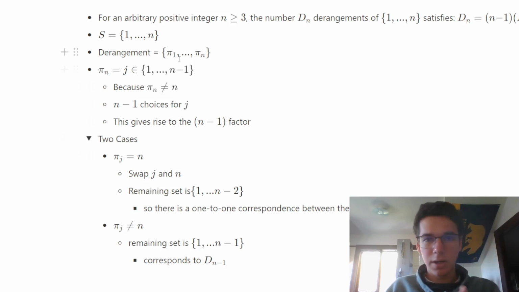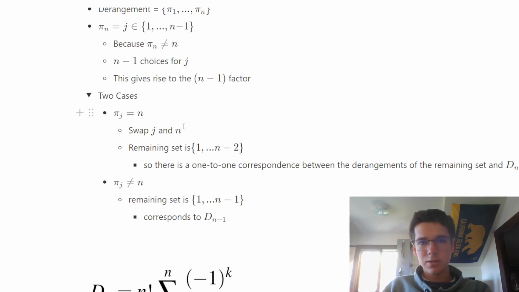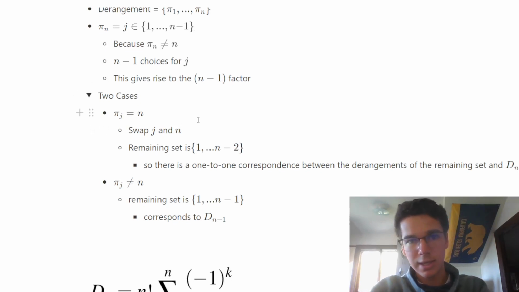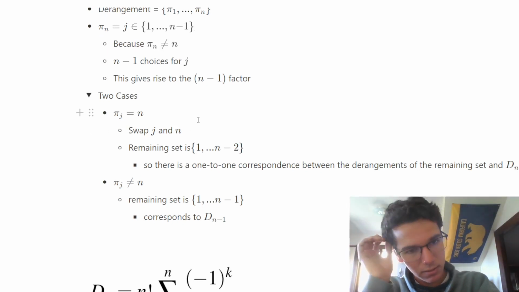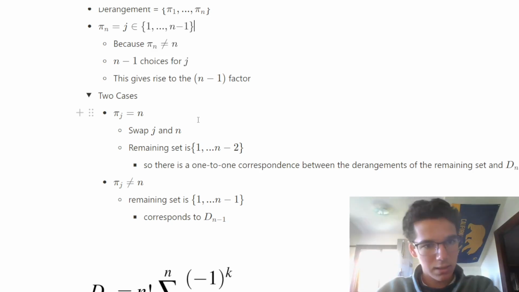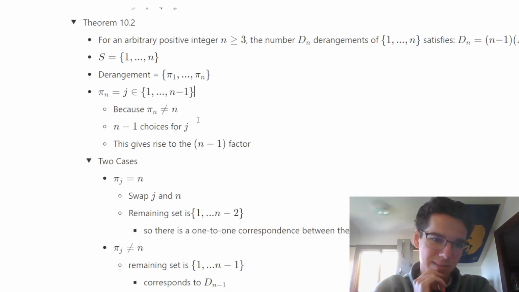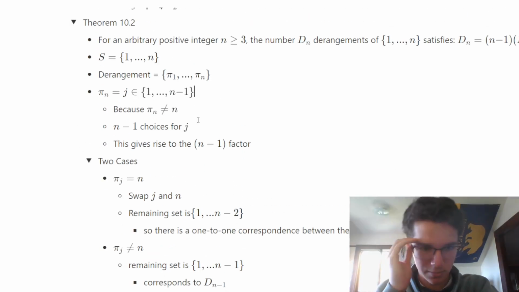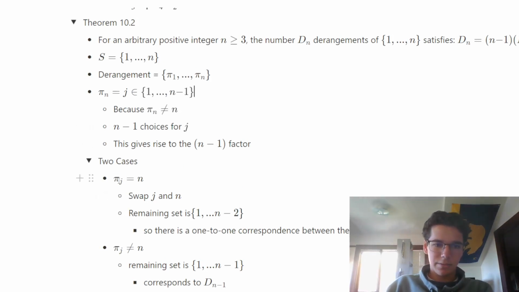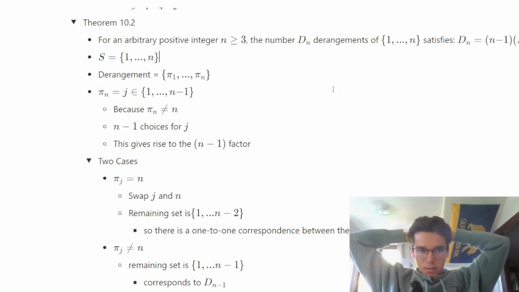For some other element in the derangement set, there's 2 cases: 1, it equals n, or 2, it's not equal to n. So if it is equal to n, then actually, no, that doesn't make sense to me. But anyways, we're going to go with it. So if some term in the derangement set is equal to that last term,